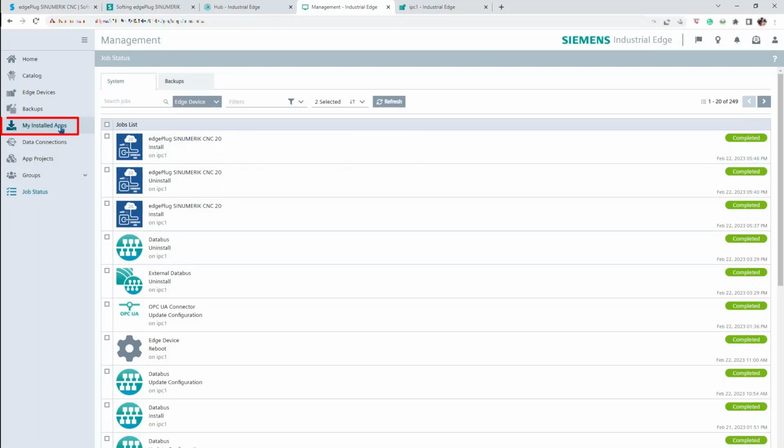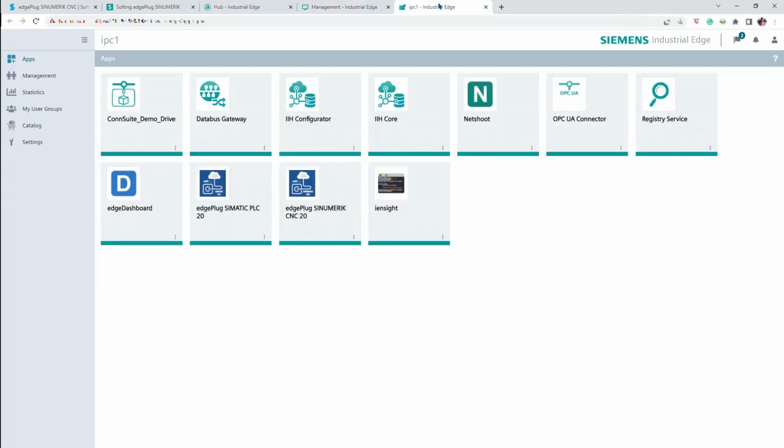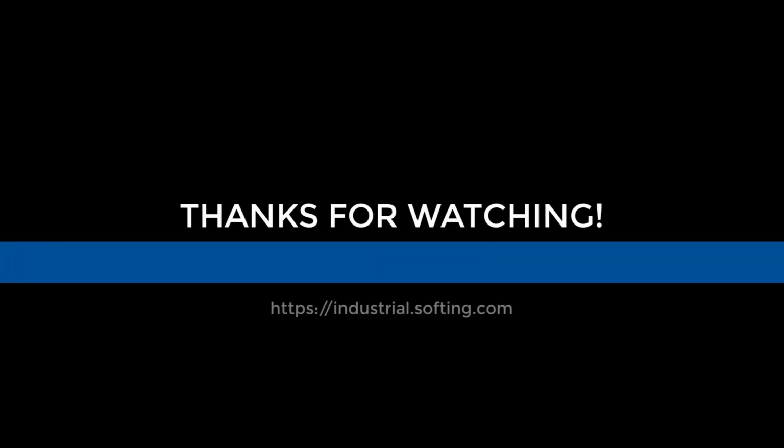Then, the app icon should appear in the My Installed Apps section, as well as directly in your Siemens Industrial Edge device. This concludes the installation of the Softing edgePlug SINUMERIK CNC solution, and your app is ready to be used in your project. Further information can be found on our